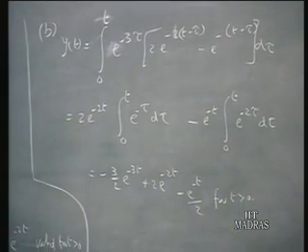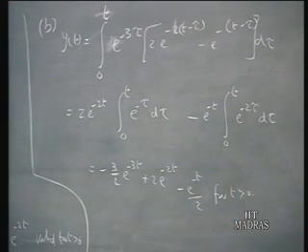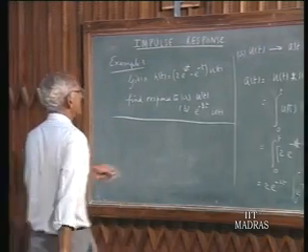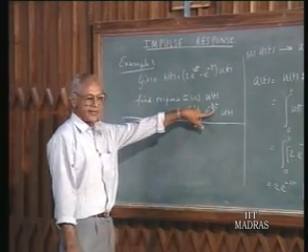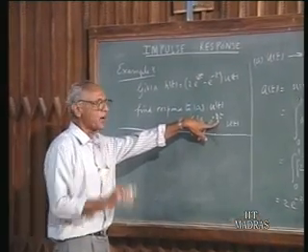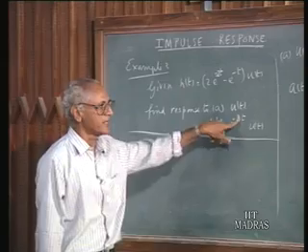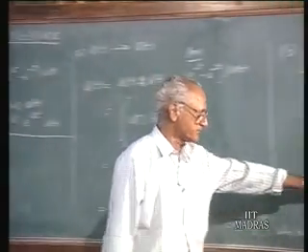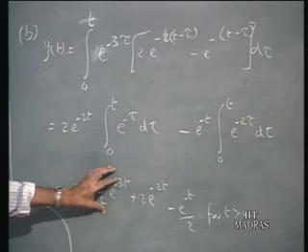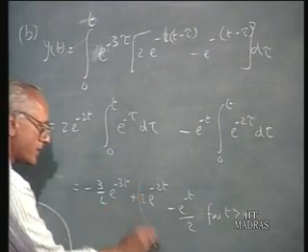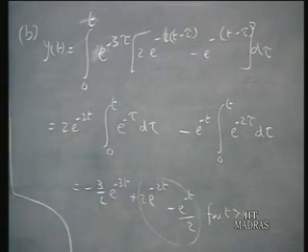Of course, for t less than 0 it is going to be 0. Notice that in this particular case we have found out the complete solution. After all, the input now is e to the power of minus 3t, that means the forced part of the response will have only this particular complex frequency which is equal to minus 3. So this is the forced part of the response. This is the response which you would have obtained by taking the particular integral solution of the differential equation. And this part is the natural response which contains the response when there is no particular inputs, no sustained inputs.